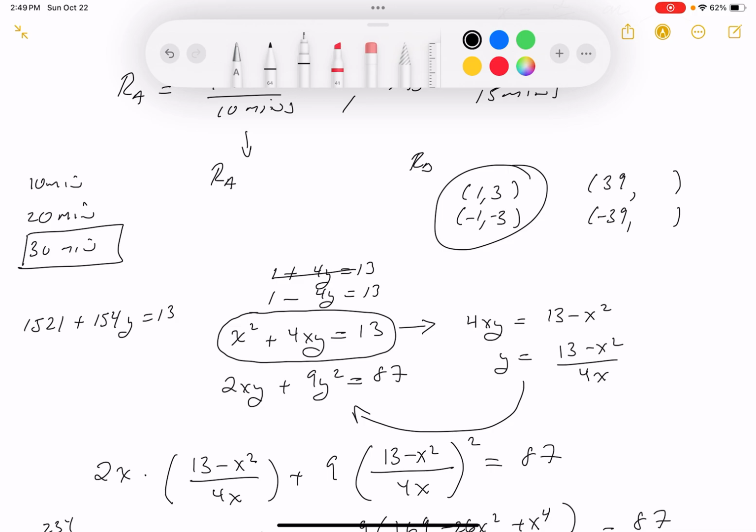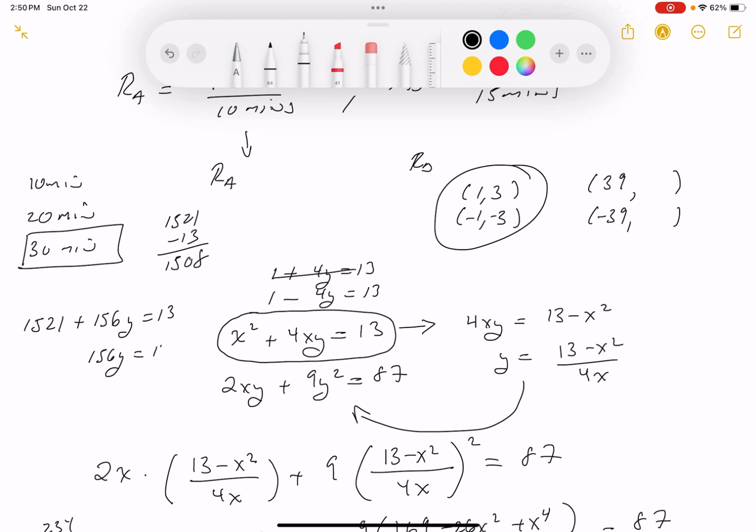Kind of nasty, though, isn't it? Again, 4 times 39, let's see, 120 and 36. I made a mistake there. I'm glad I'm going to check myself as I go along. Let me just try it again. 4 times 39, 120 and 36, 156. All right, let's do this now. It's going to be 156y, and I'm taking 1521, taking 13 from it, and it's going to give you